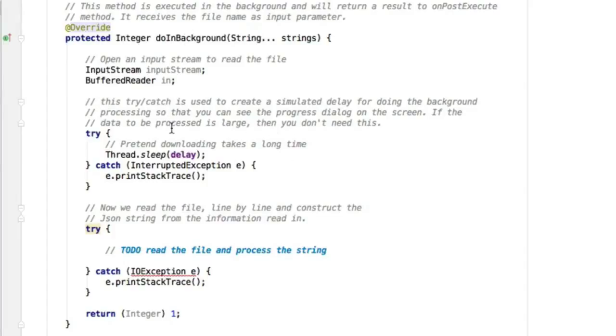Inside the doInBackground method, I am going to open an input stream and a buffered reader. Now, if you are familiar with Java input-output from files, this is how you're supposed to proceed. So you will create an input stream and a buffered reader. After that, in order to simulate a network delay or background processing delay, I basically make the thread go to sleep for a short period of time. So this helps me to display the progress dialog on the screen. In real life,